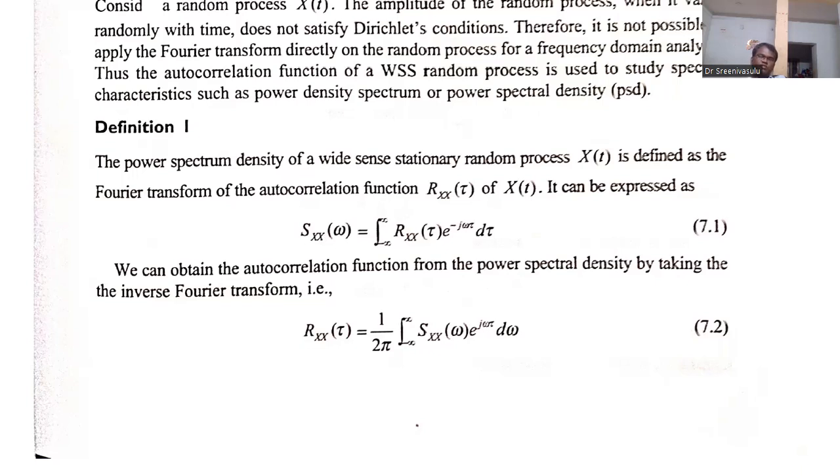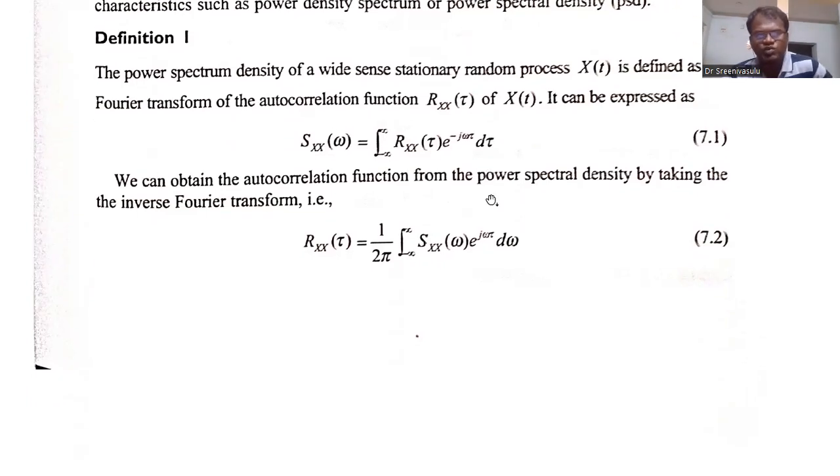In the frequency domain calculation, we integrate with respect to tau. Whenever we want to reconstruct our original signal by applying the inverse Fourier transform, the information is already in the frequency domain. That's why you need to apply integration with respect to d omega. It is the general Fourier transform pair.